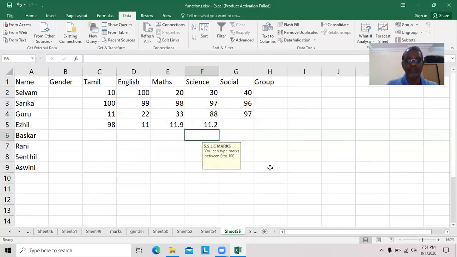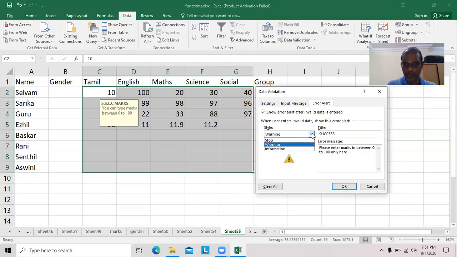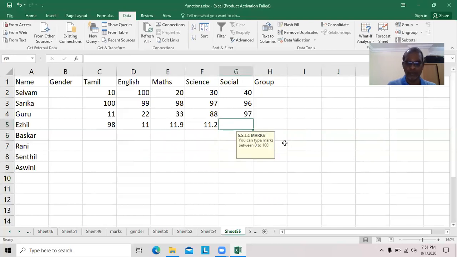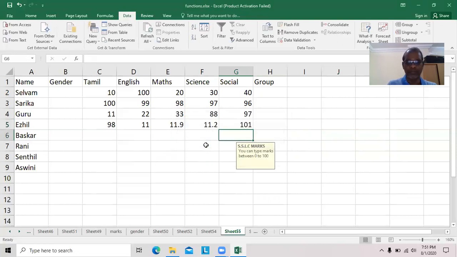So we don't want yes, no. Just OK and cancel. The correct value you have to enter. That is, as you are typing, it should give some information: you are giving a wrong entry, that's all. Instead of warning, it should be changed to information. Here I am typing wrong entries. OK, cancel. Click here, it accepted. So there are 3 types of errors. One is stop. Stop at any cost will not accept invalid data.